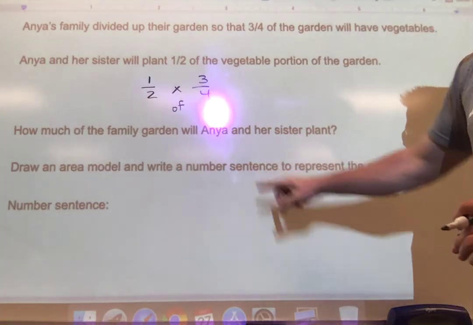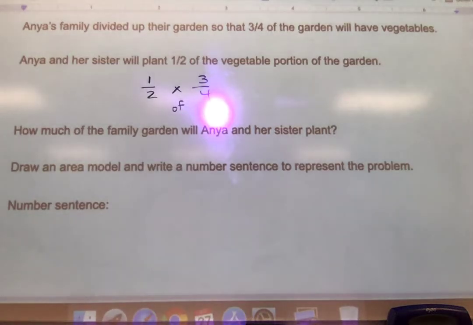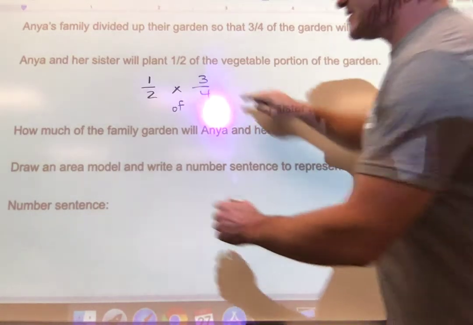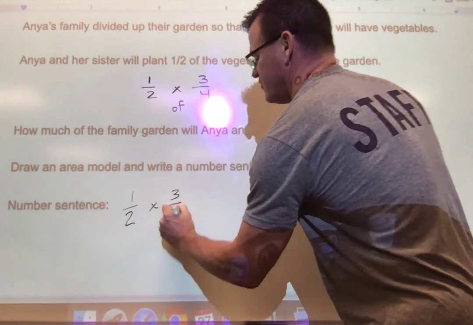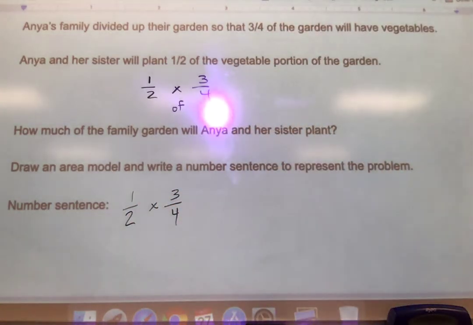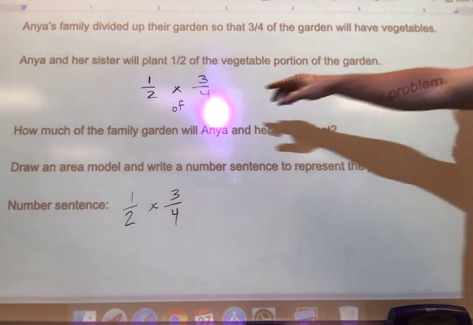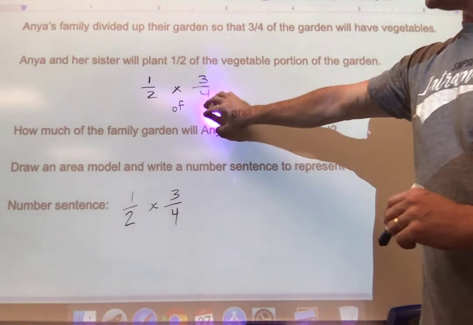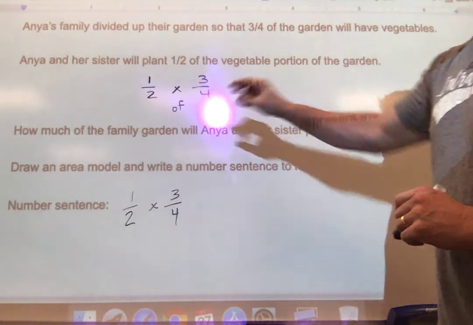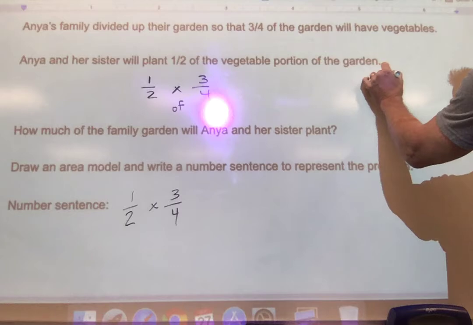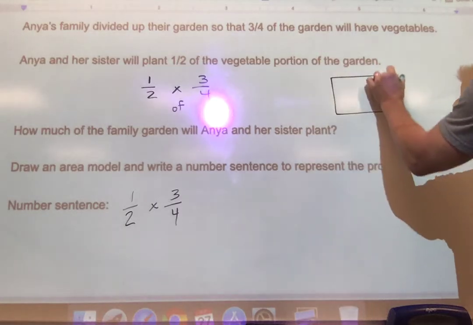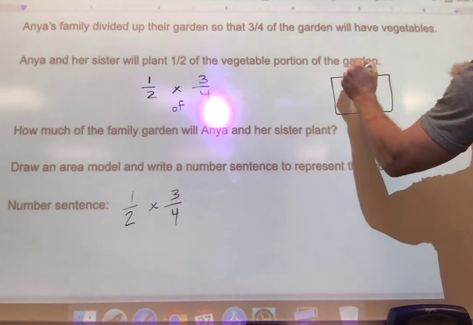We've already got the number sentence here to represent this problem. So I wrote the number sentence up here. I'll rewrite it down here. Half of the 3/4. So we've now got to draw that area model here to show that. So I'm going to start with, and when I draw these, I always draw the second one first because I need a half of that 3/4. So let's start with 3/4 and see what that would look like. I'm just going to divide it this way